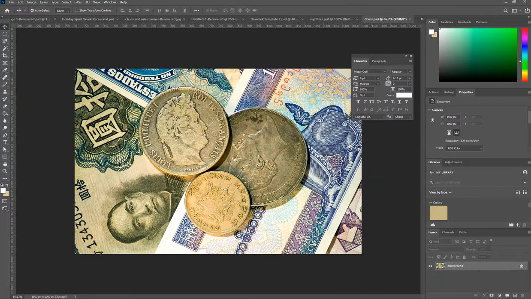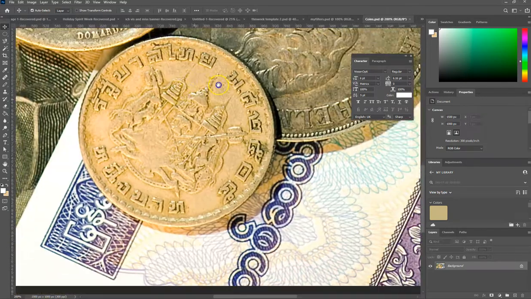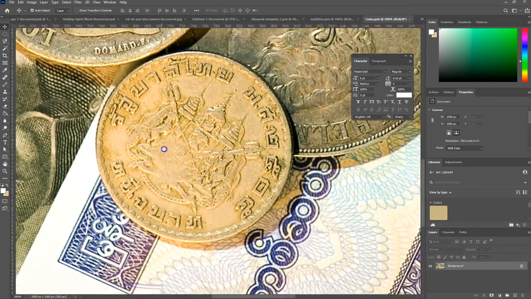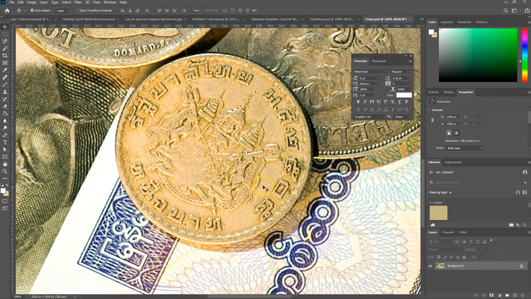And there's the coins. And what we're going to do here is zoom in on one of the coins. By the way, you can use the space bar to move your whole canvas around. So if you're zoomed in and you need to move the whole canvas, if you hold down the space bar while you're dragging, it'll let you do that. So I'm going to choose this coin here,